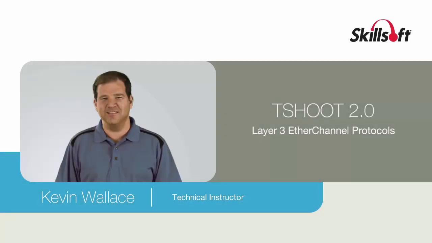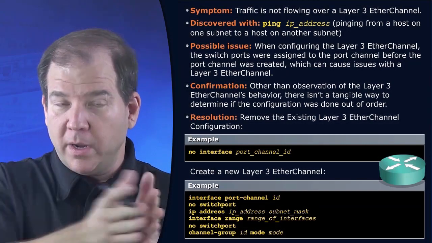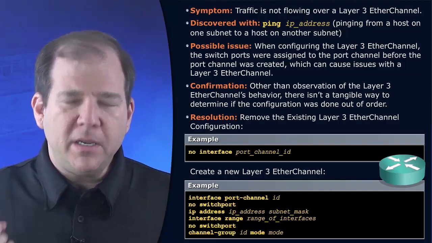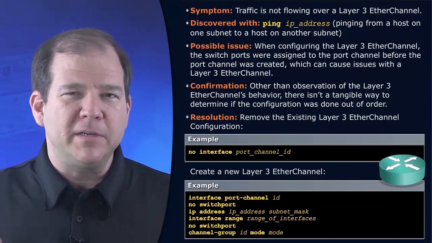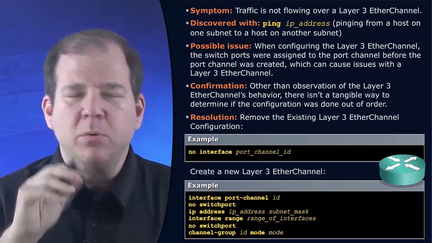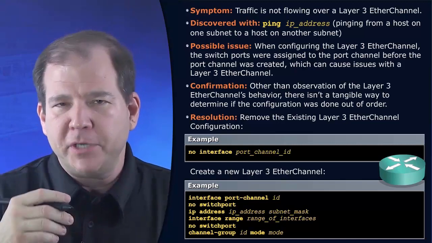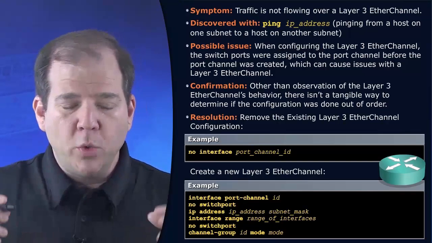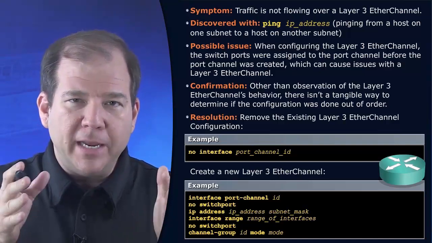A troubleshooting issue that we might have with a layer 3 EtherChannel is, of course, we're not able to ping from one VLAN to another VLAN across that EtherChannel, but the underlying issue might be a little difficult to spot. Here's what can happen. When you're configuring the EtherChannel initially, and it's a layer 3 EtherChannel, you could go into your individual